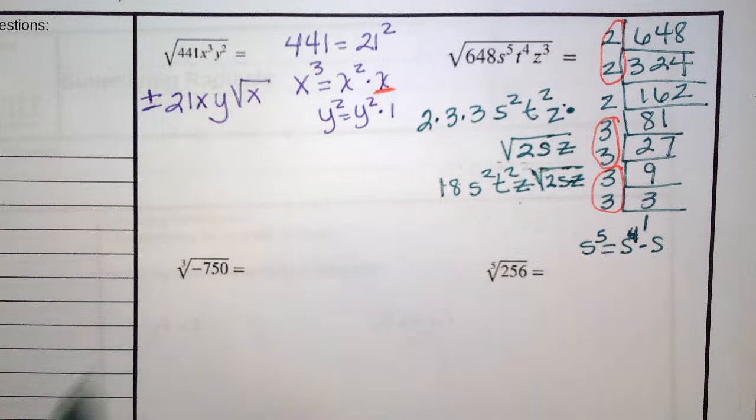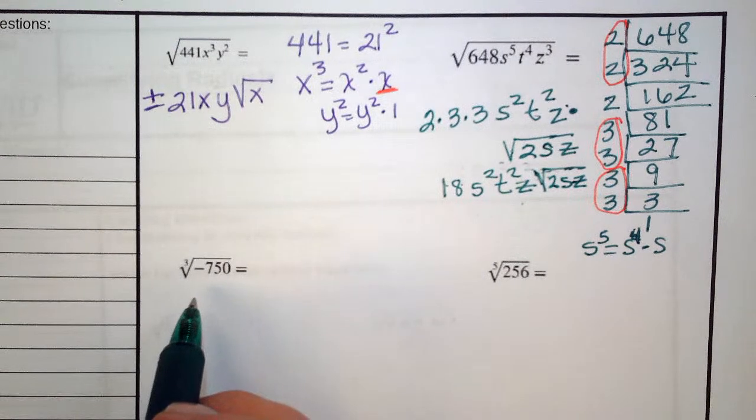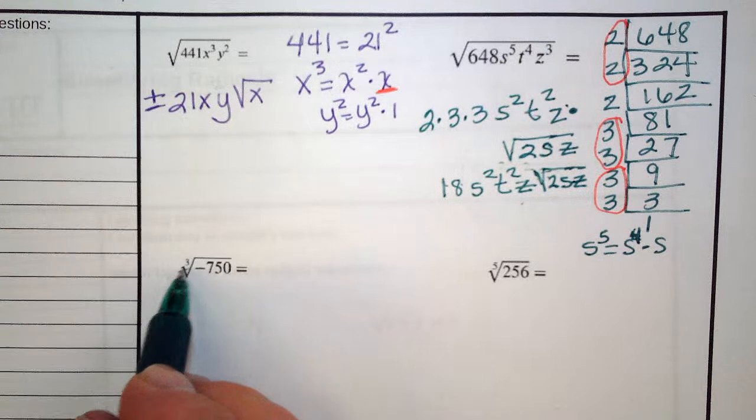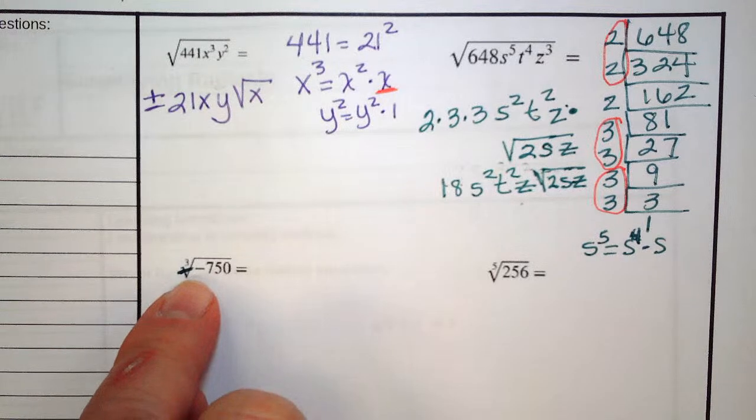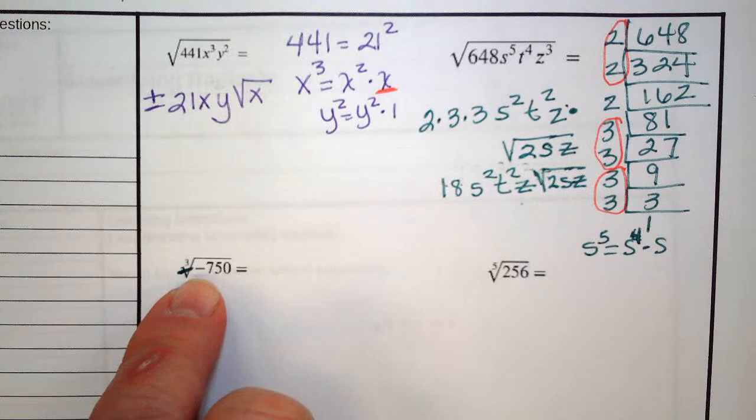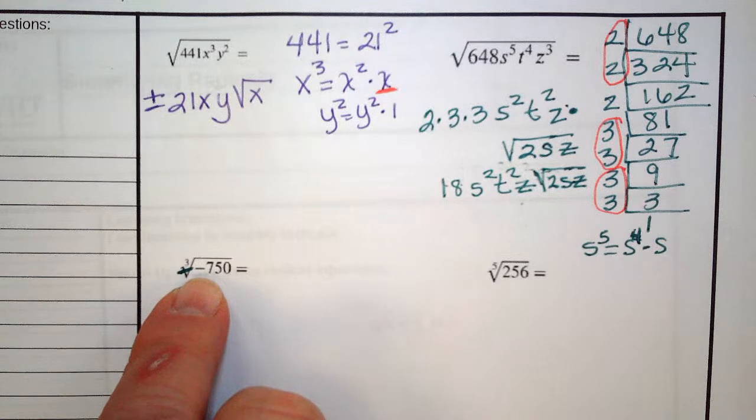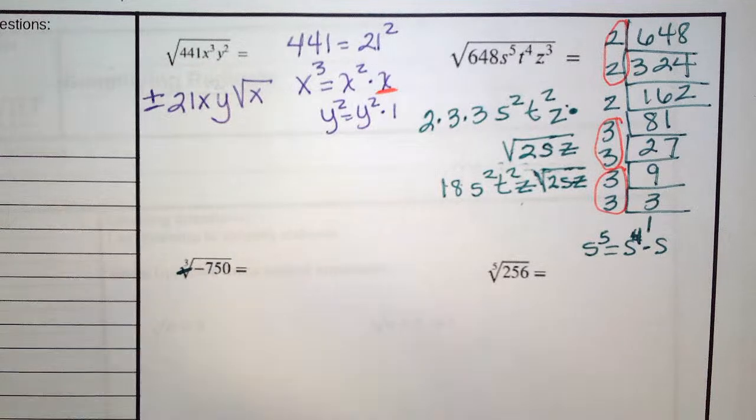Okay, as we're looking at this next one, we need to think about it. This is the cubed root. That means I'm looking for 3 of a kind. Not 2, 3. If I'm looking at 3 of a kind, I need a negative number. So I know that negative times negative is a positive, times negative again is a negative. So my answer is going to be a negative number. If I'm looking at 750,